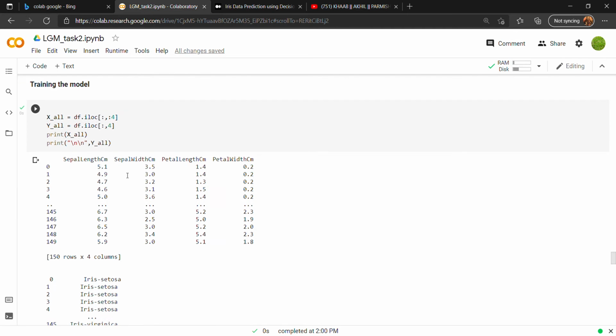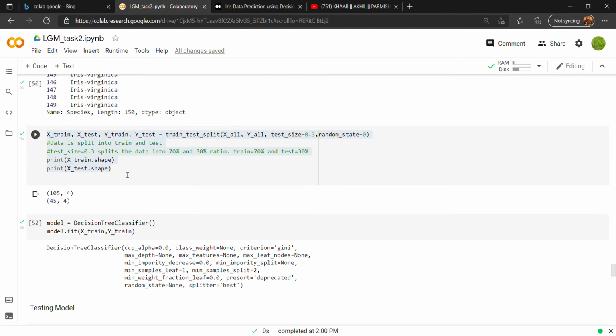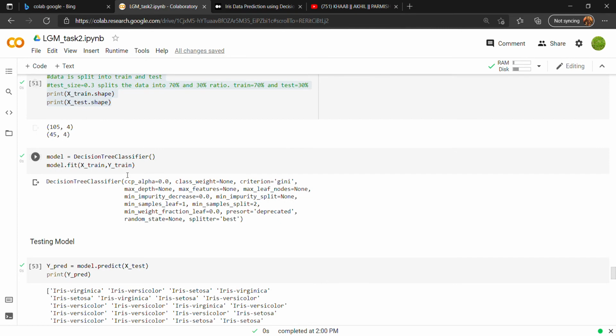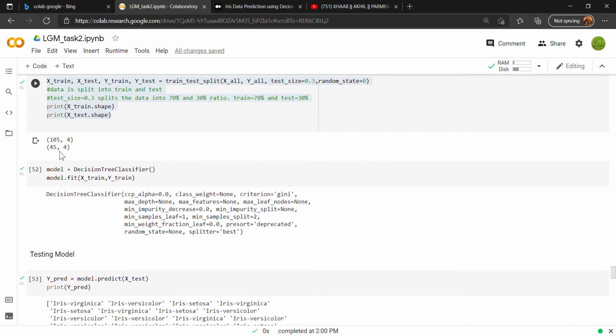First we will split the data in the ratio of 70:30. Then the data will be as follows, that is x train will be of 105, 4, that is 105 rows and 4 columns, those are features. And similarly for x test 45, 4, that is 45 is the data and 4 is the features.